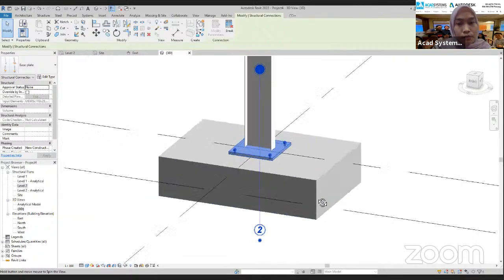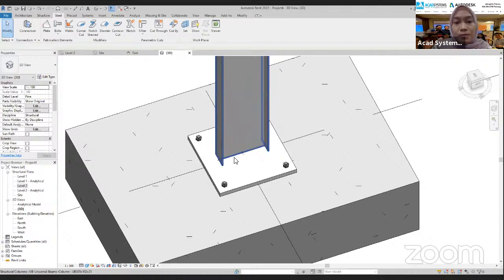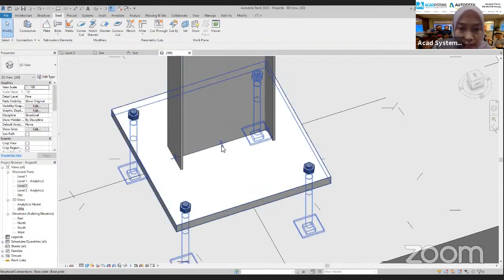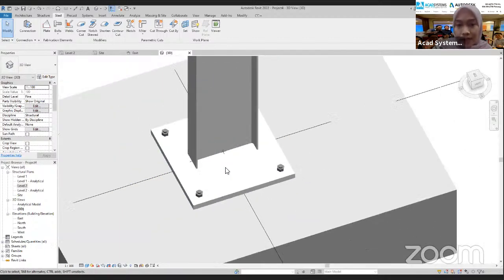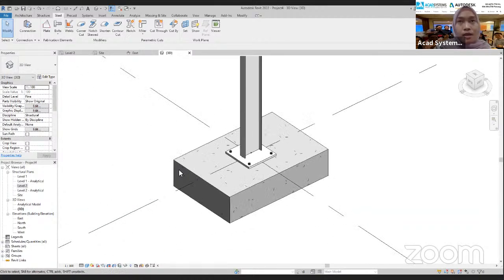Right. And yeah, we have here our base plate. All right. So if you notice over here, this symbol means that these elements have already been welded. Okay. Right. So the next connection that we are going to do is the